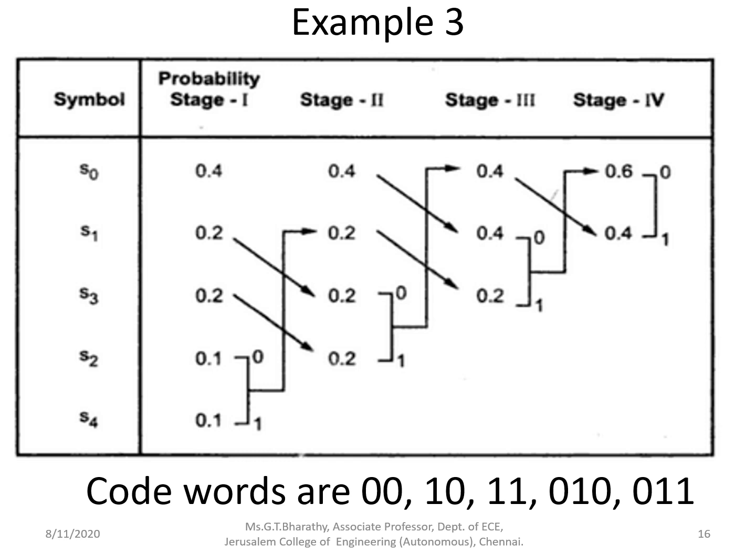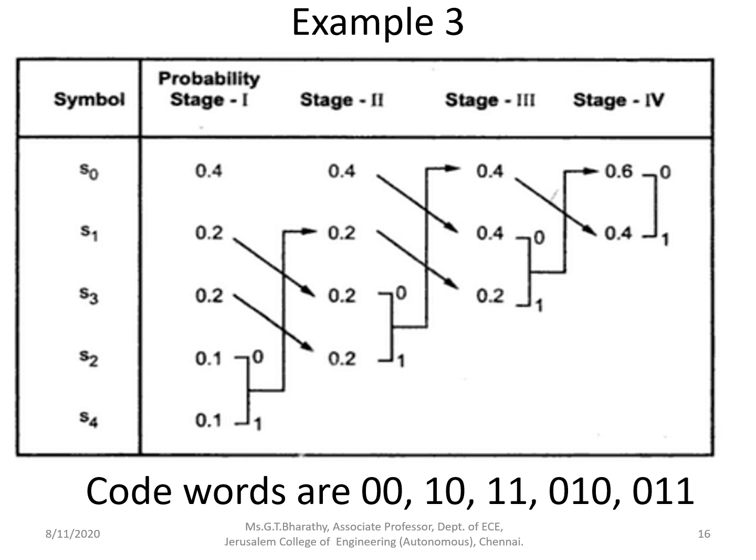And this 0.2 is written next. Last two are assigned 0 and 1. Summation becomes 0.6, given at the top of the table, and this 0.4 is written here, and finally 0 and 1 are assigned to both probabilities. So again we have to trace the path in the forward direction and write the code word in the reverse direction.